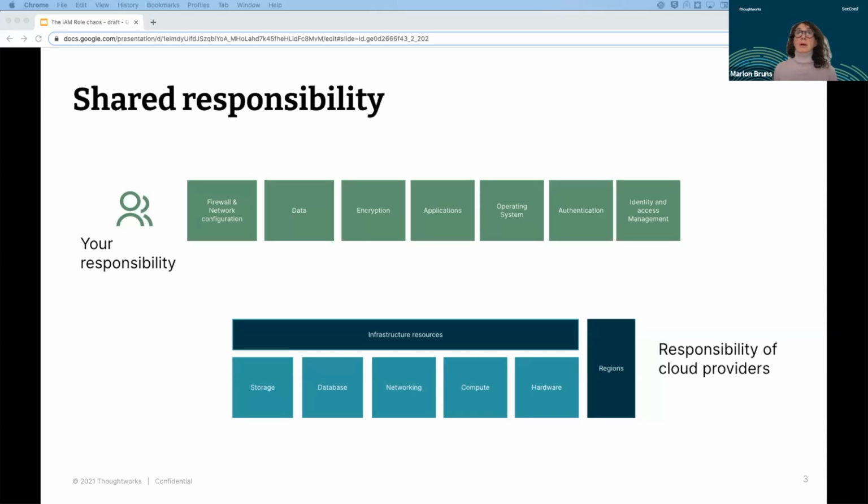But you are responsible for what is happening in the cloud. This is just a collection of some of the activities you have to do. You are responsible for firewall, networking configuration, and load balancing. You are responsible for your data. You need to do encryption.